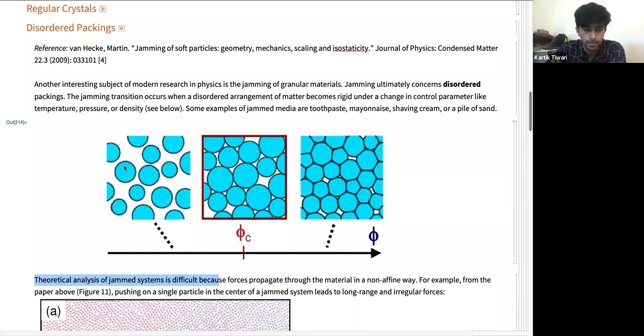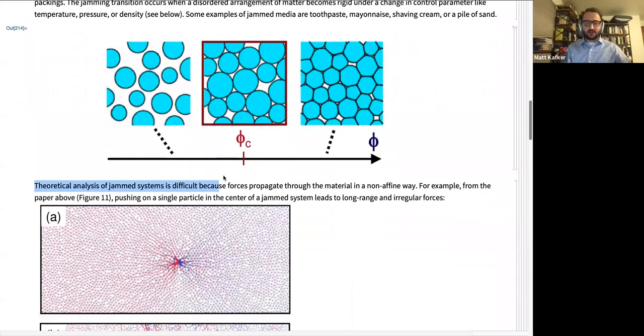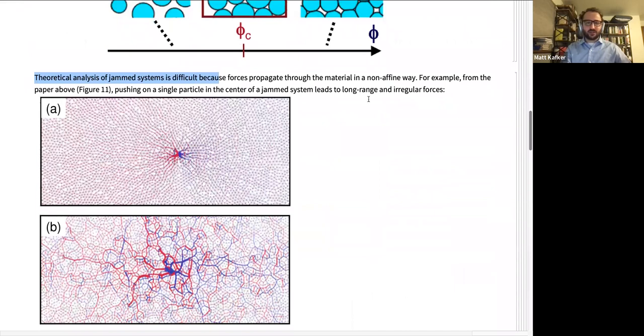Okay. So if you imagine looking at this middle cell here and applying a force from the right-hand side to the entire collection of particles, that doesn't mean that this particle in the center is necessarily also going to be experiencing a force to the right. There's a breakdown of affine physics in sort of a dramatic way. And this is a great visualization of this.